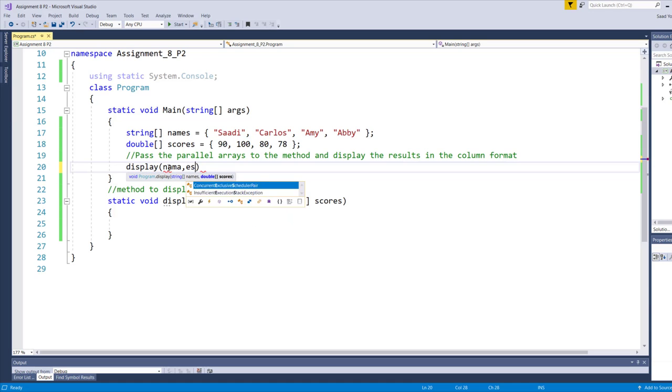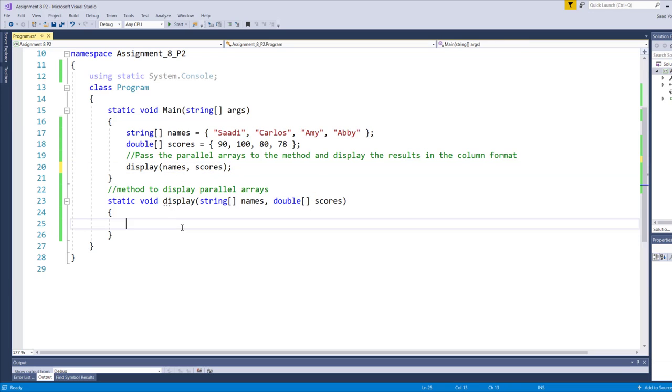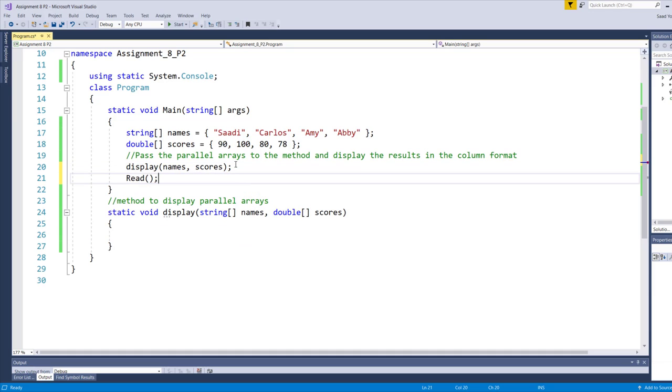Again, the names of the arrays do not need to match, as I told you in the previous tutorial, as long as their types match. So here names goes into names and scores goes into scores. Main now has nothing else to do except wait for the display method to come back, and the display method will take care of everything. The only thing I'll do in the main is read, to hold the screen when the output